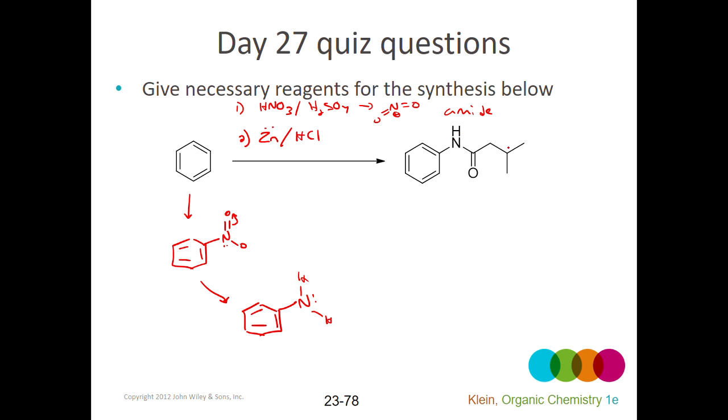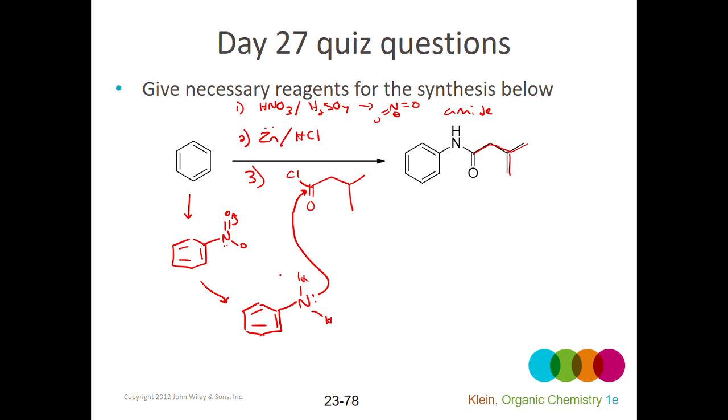Once I have the amine, now I just need to make this amide. So to make the amide, I would keep the same carbonyl compound with the same R group here, but I would just make this an acid chloride. So if I can make this acid chloride or buy it, the nitrogen should attack there, push electrons up, they'd